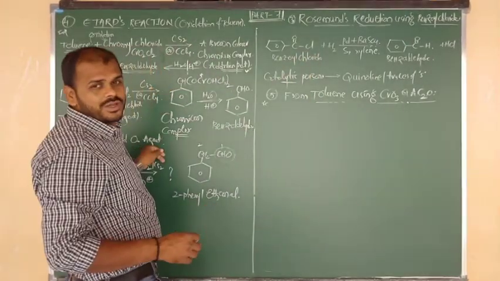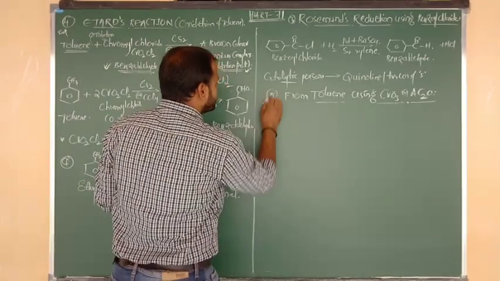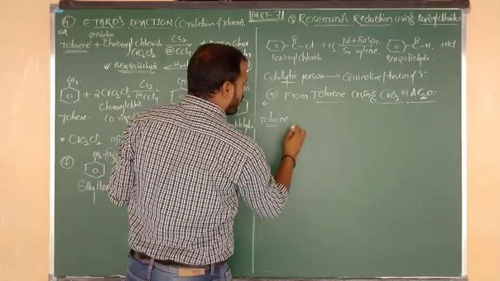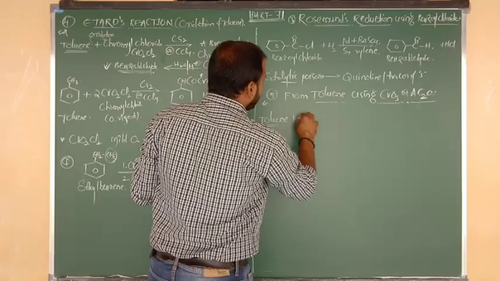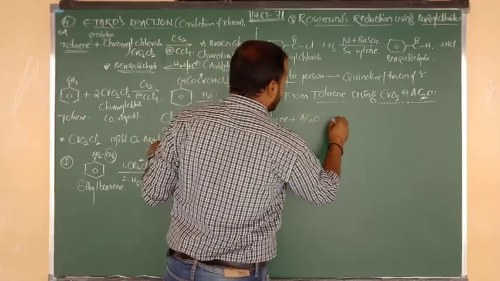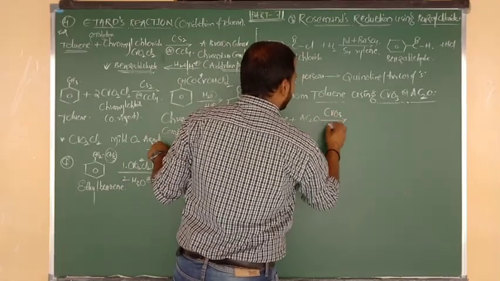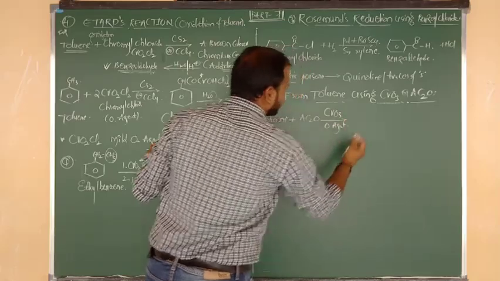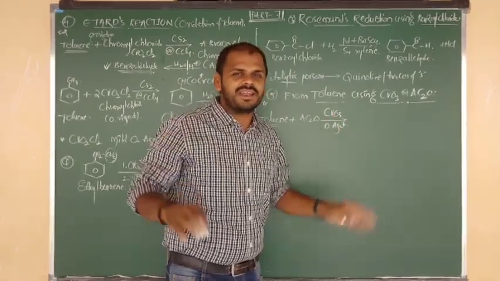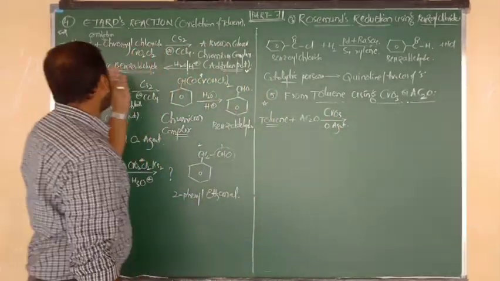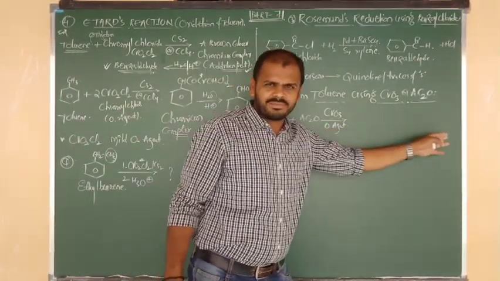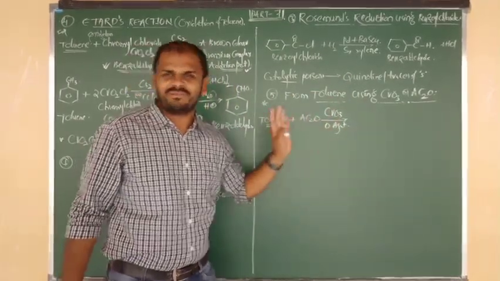Now I am going to give you the statement first of all. First of all, we take toluene. Toluene undergoes reaction with Ac2O, acetic anhydride, in the presence of the oxidizing agent CrO3. Here also you get one intermediate. If you know the intermediate perfectly, you can write the reaction, otherwise there is difficulty. Reactant to product you know very well; your focus should be on the intermediate. Here also reactant to product is the same, toluene to benzaldehyde, but focus on the intermediate.